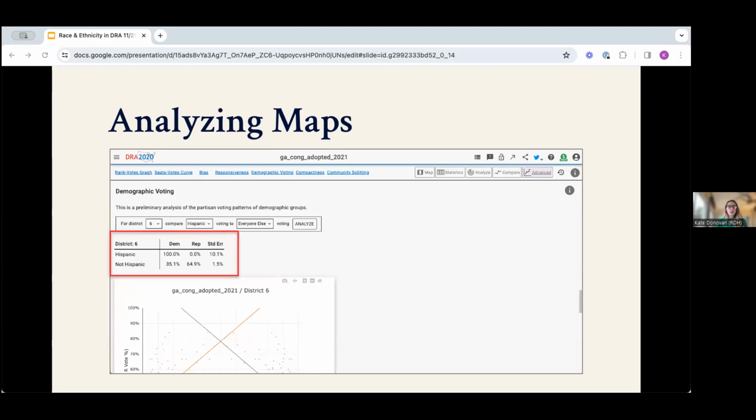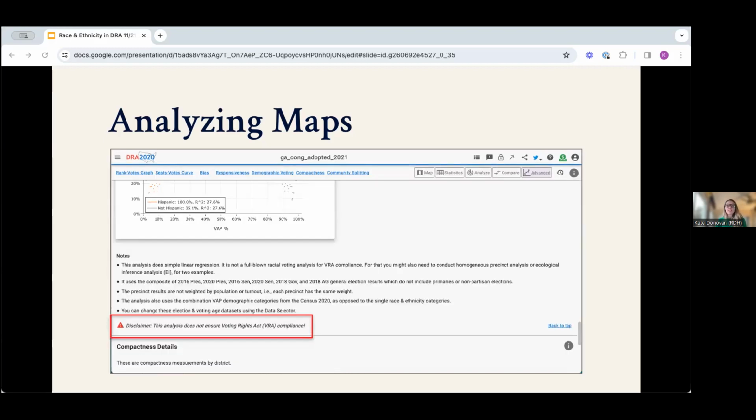Here's the table that goes with this graph. The orange line for Hispanics, as I said, extended off the map, but they cap the predictions at 0 and 100% of the vote. So this estimates that if you have a precinct that is 100% Hispanic, which is not observed in this data, but instead estimated based on the best fit line, we would predict that precinct goes for the Democrat 100%. For everyone else, if we look at the predicted vote share when VAP is 100%, it's 35%.